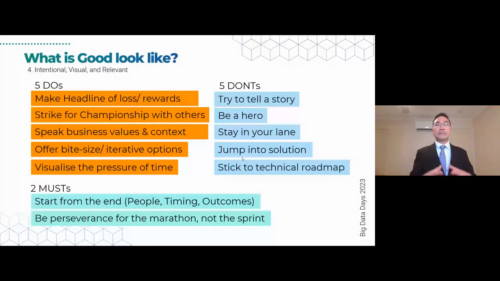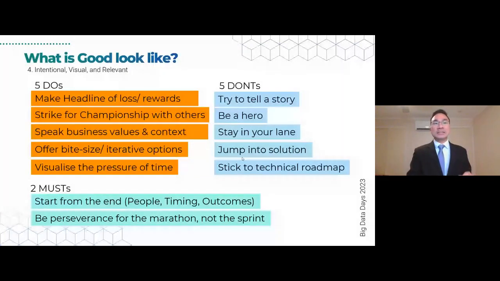The other part of "what's good look like," I sum up in this 5 do's, 5 don'ts, and 2 musts. Let's start with the 2 musts. You must start from the end with the people, timing, and outcome. Yes, you have a great idea, but think about the people first, and then think about the time, because time moves on. Time is the only thing that no one can control. So make it your advantage, and think about the outcome that you want to drive